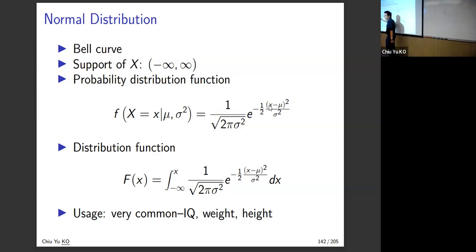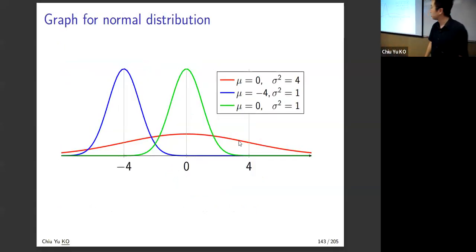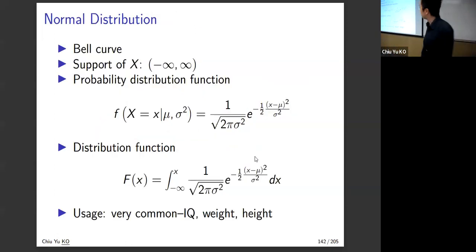The bell curve by definition is a bell. So let's see the bell first before we go any further. These are the bells: the blue bell, green bell, and red bell. The bell is like this and symmetric. I think we mentioned the bell when we discussed kurtosis. But one thing first: the support goes to negative